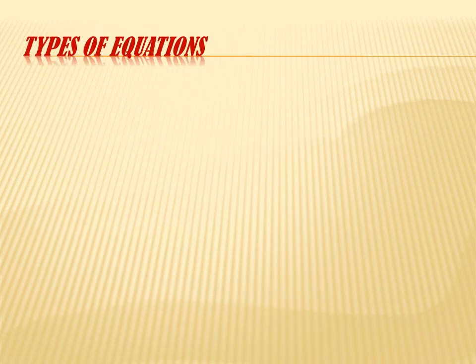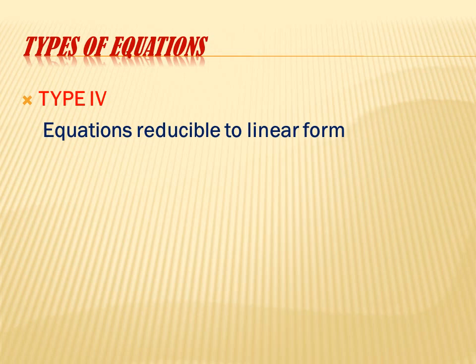In the next part, students, we are going to have the next type, and that is the fourth type. This type involves equations reducible to linear form. It means here the equations are not in linear form, and the case that exists here is linear expressions in numerator and denominator. For example, z by z plus 15 is equal to 4 by 9. It is clearly visible that here the expressions are in numerator and denominator, so they are not linear.